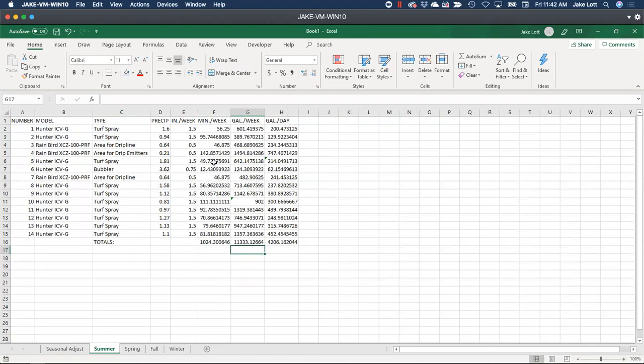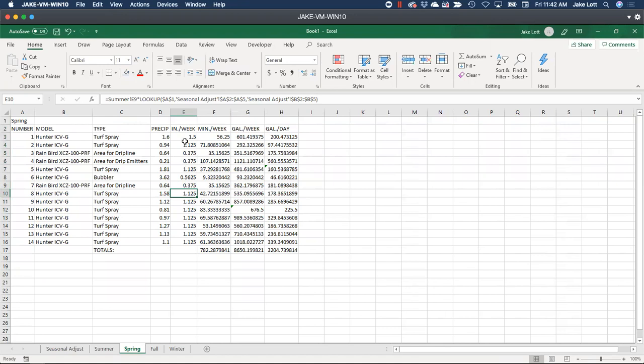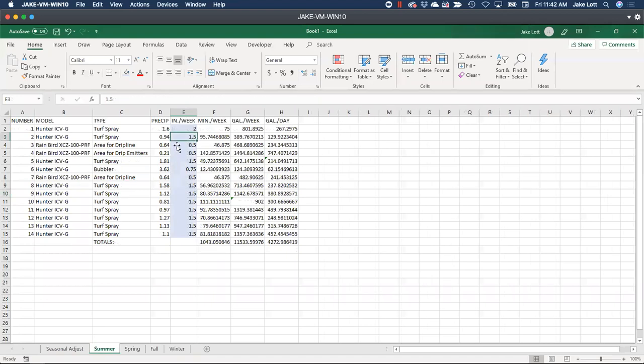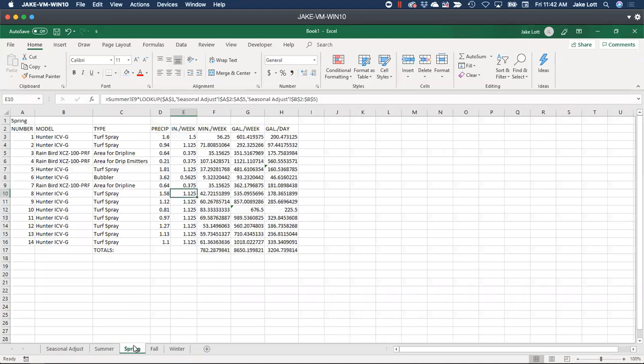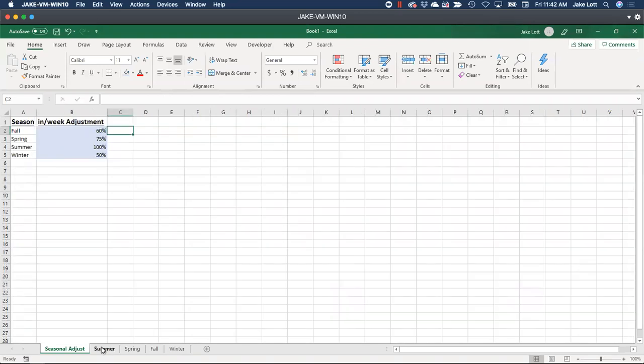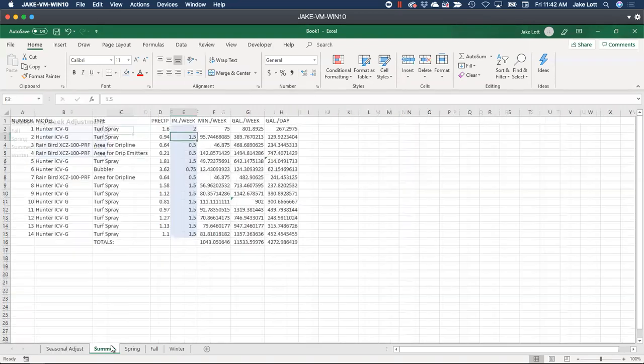So this could be a fine example because this is our source spot that we're looking at. I can make one change here and say, oh great, all the turf, we decided, yep, it needs 2 inches a week instead. That's going to carry across all of these places because it's looking only at this spot. I don't need to make the change here, I just need to make it right here. So highlight so that people know where to start making changes.